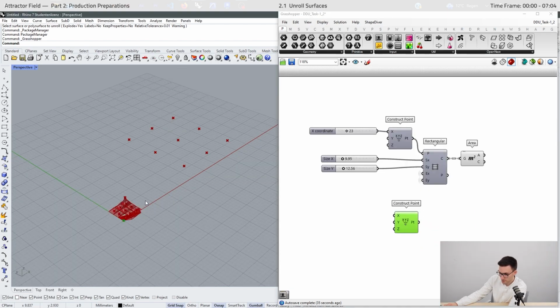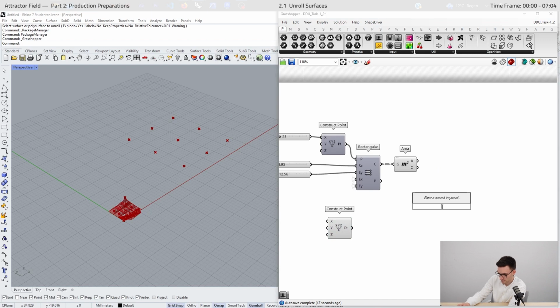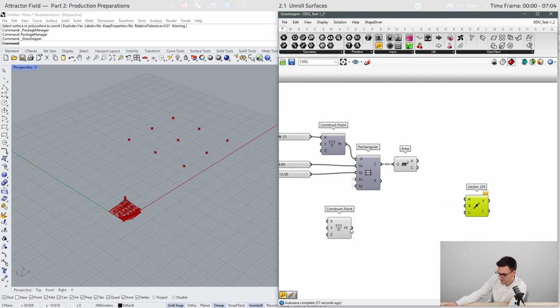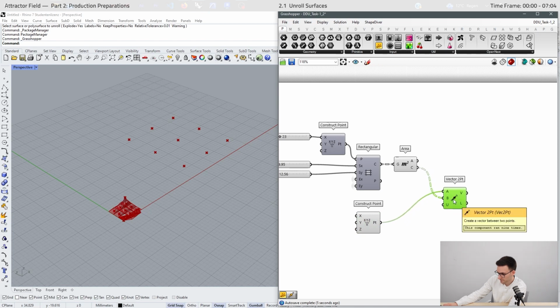Now we can construct a new point, and construct vectors from the origin to each point, so we receive the same amount of vectors as we have points right here. Vector to point, the origin for input A and the centroids for input B. Now we have our vectors.